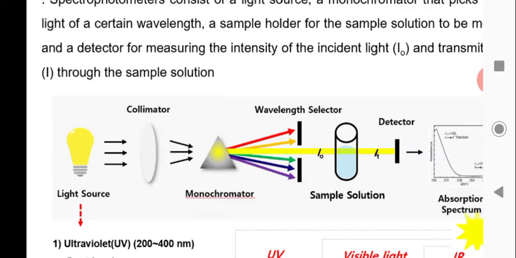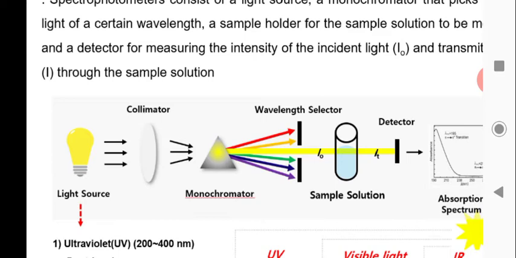Why is an incandescent lamp not a monochromator? It will not emit only yellow light. White light consists of all the lights: violet, indigo, blue, green, yellow, orange. See, all these lights are composed in a particular light called white light. So once this light is split into a particular wavelength and taken, we call that